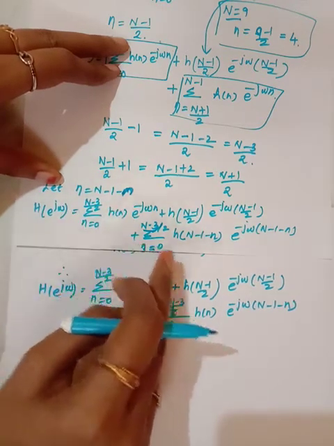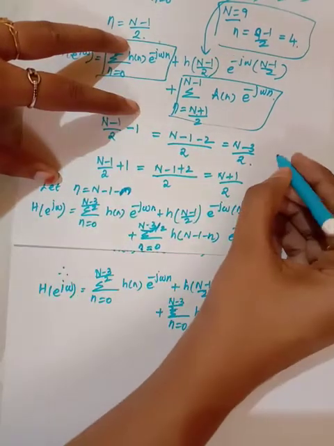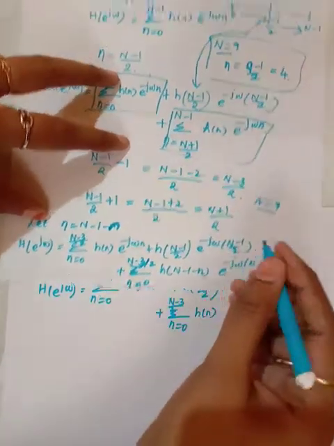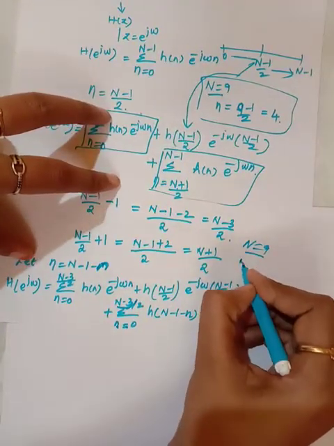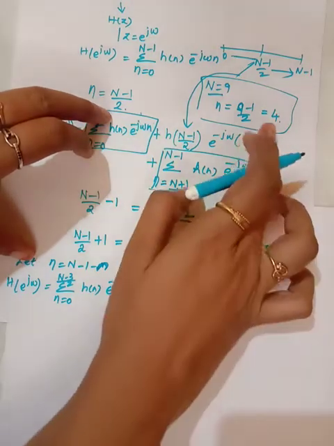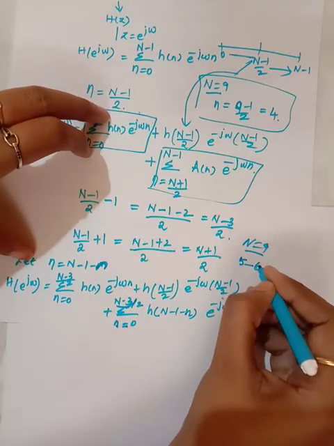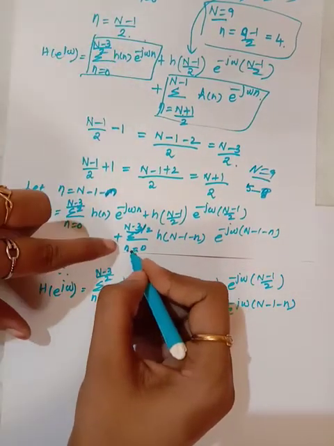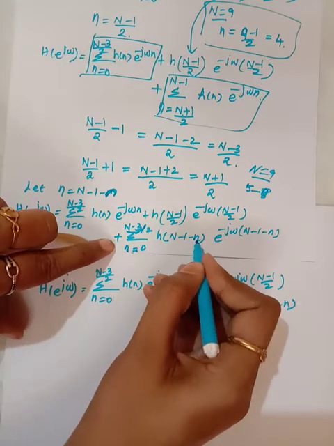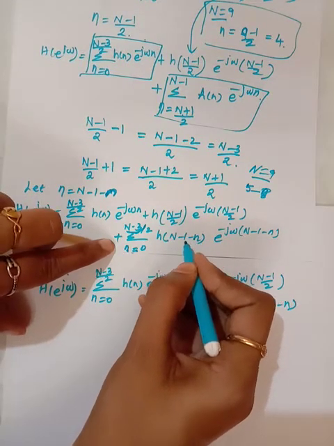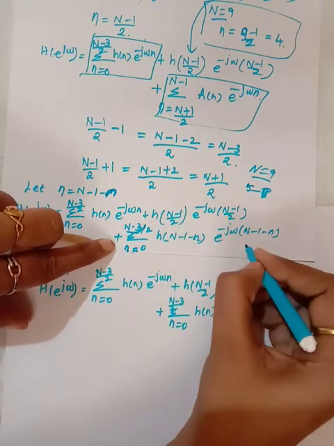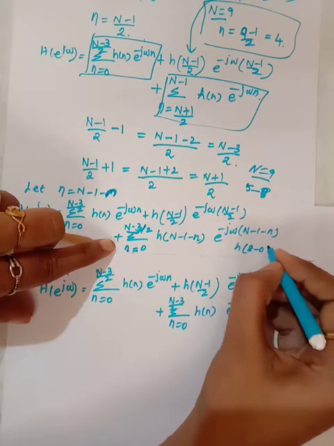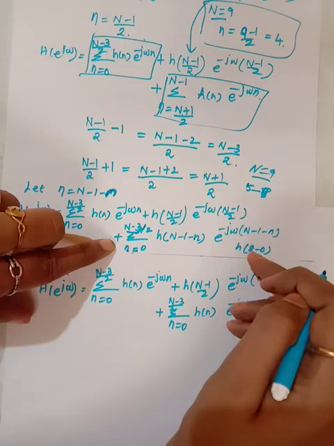Okay, so for example, consider N is equal to 9, right? So here the center of symmetry is for n is 4 and these samples denote 5 to 8, right? Now we will check whether we are getting 5 to 8 for this case. So here substitute n is equal to 0 in this case. Okay, so when you substitute n is equal to 0, what will you get here? So here h of N is what? 9. 9 minus 1 is 8. So 8 minus 0, right? So 8 minus 0, which represents the h of 8 value, right?